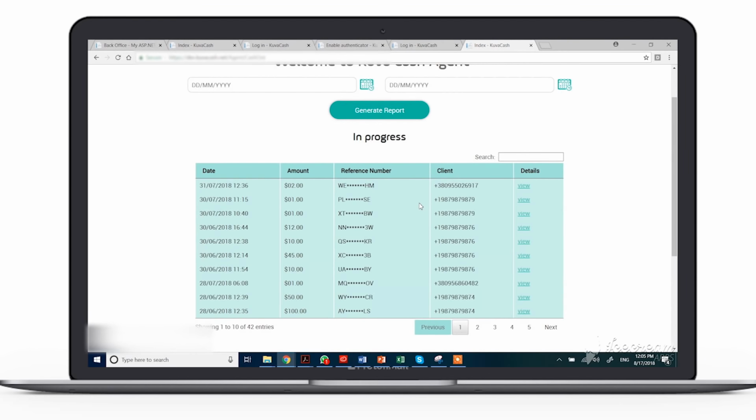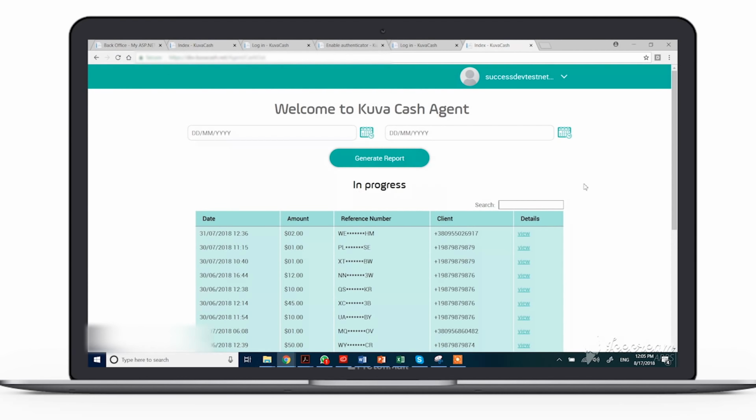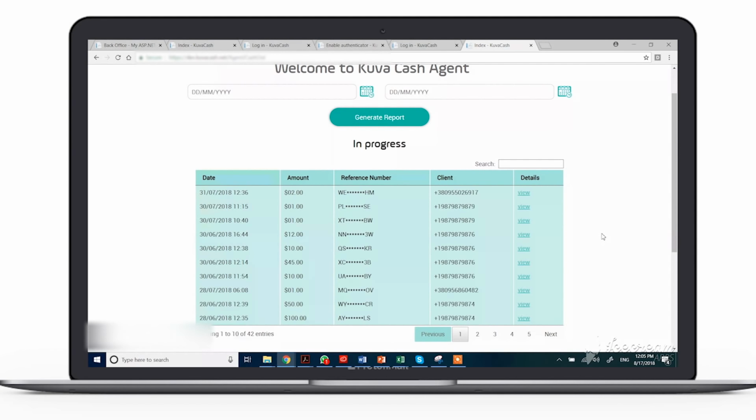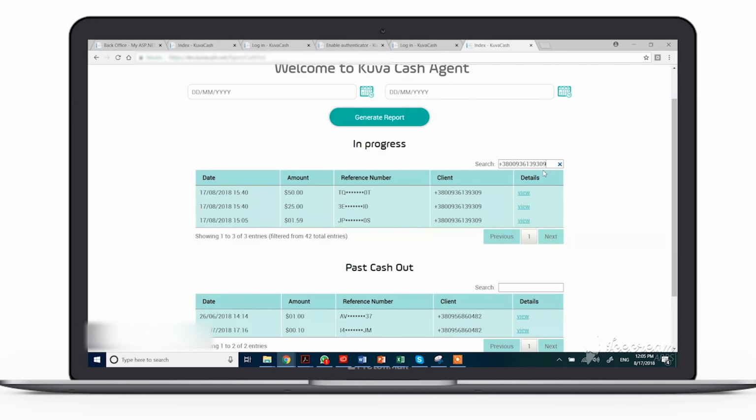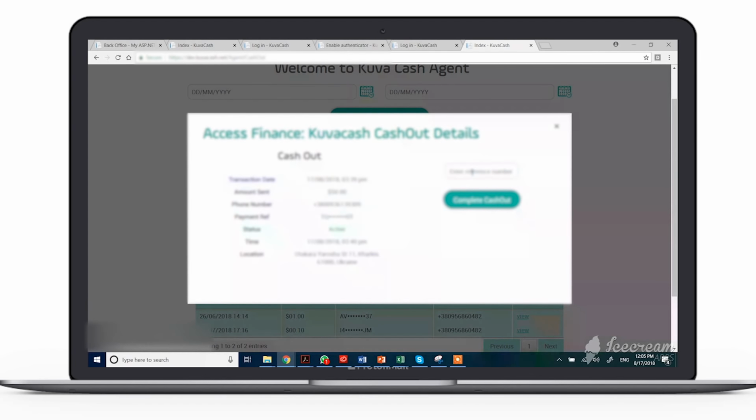We are logged into the Kuvacash agent back office website, as you can see, and now we will do a cash out from the perspective of an agent. So the user will come to the Kuvacash agent with their personal identification details and with a payment reference number. They can do it in a number of ways, but let's say they give their mobile number. Okay, they give their mobile number. The user has 3 transactions here. Let's select the one at the top of the page. And I'm going to view the details. And then what will happen is the user will basically say the reference number, which is masked here on the screen. And so the reference number is